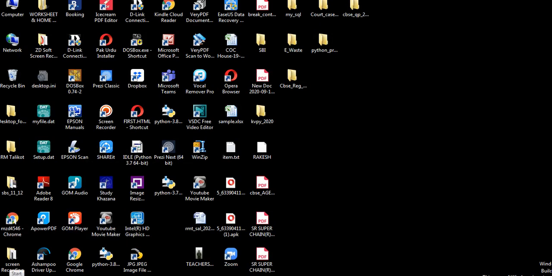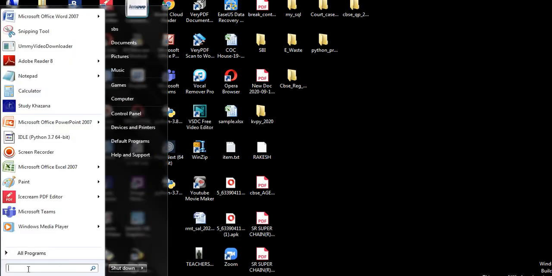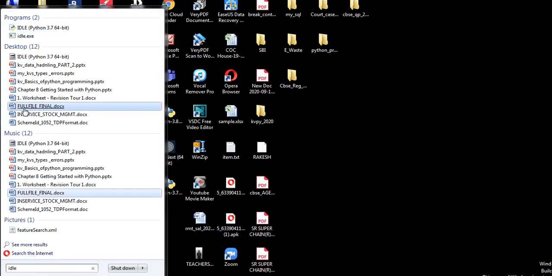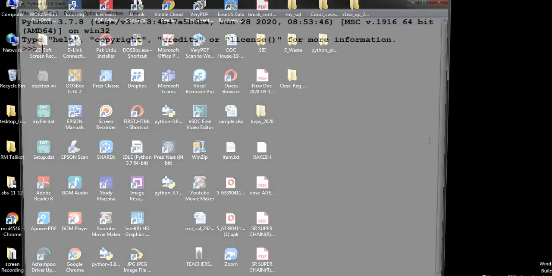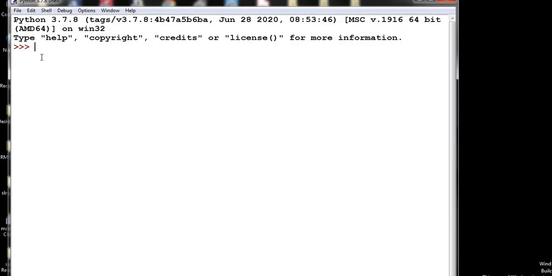Let me go to my IDLE. Let me have a dictionary D equal to an empty one. Now how to add the values?